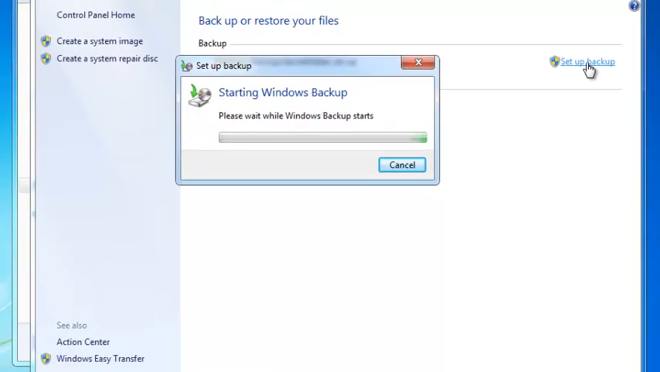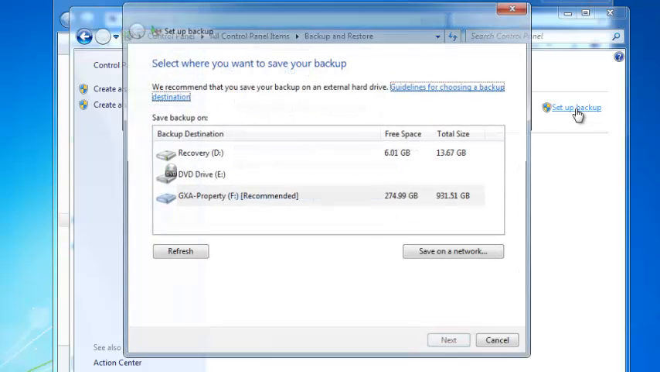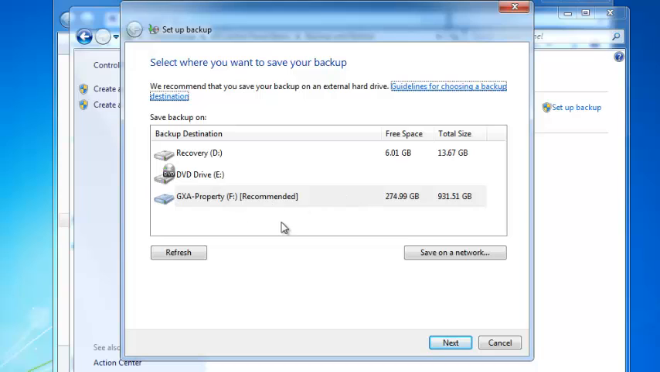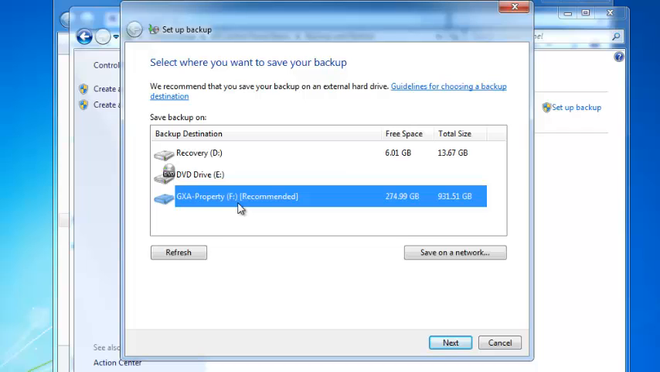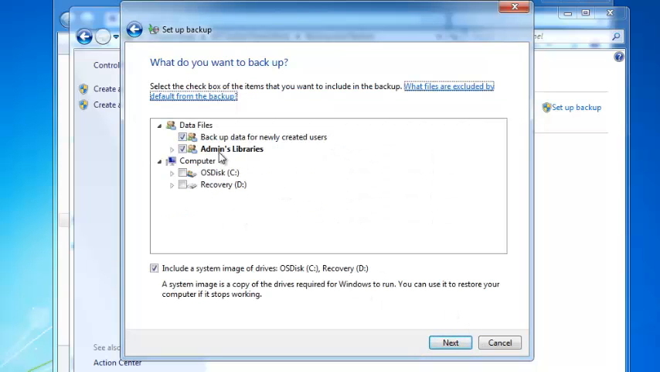will scan for the partitions that are available to be backed up, and it will also give you the option of where you want to save the backup. So we will choose the USB drive, which is the F drive, and hit Next. In this screen you can let Windows back up your computer, or you can choose yourself what you want to back up. So we'll select Let Me Choose, hit Next, and here you can choose individual folders, or